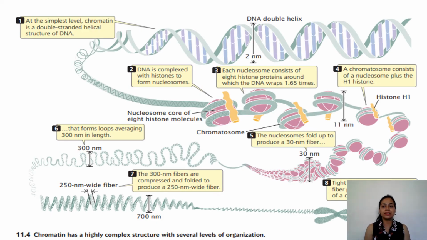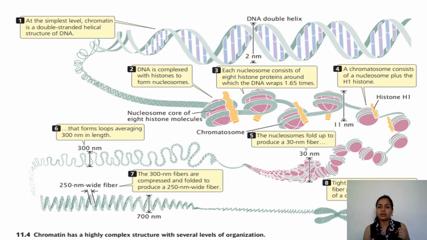Now we will see a little bit more about the packaging of the DNA with the help of this diagram. You can see this is the entire length of the DNA, and right now at this stage it is the simplest level. The DNA is totally loosened up. Now you can see the coiling will take place. Like this you can see the packaging is going on, and how is this packaging occurring? Because of these nucleosomes. You can see these purple colors are the histone, and this gray color is the DNA that is wrapped around these histones. And this orange one is the linker histone.